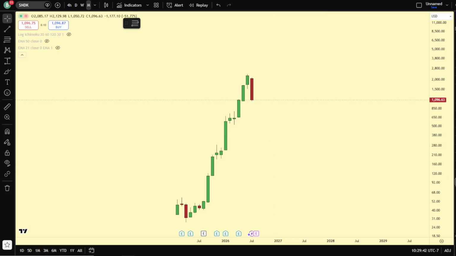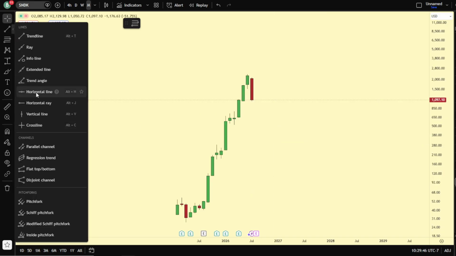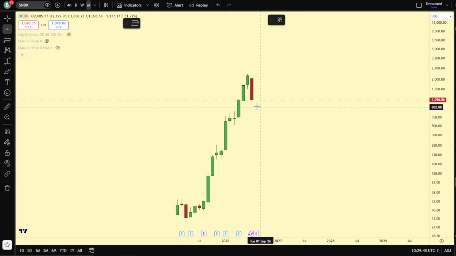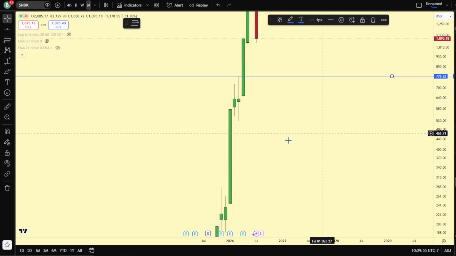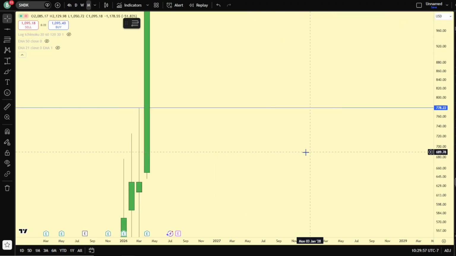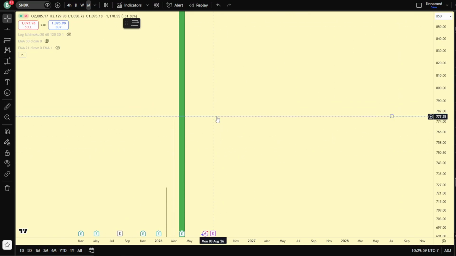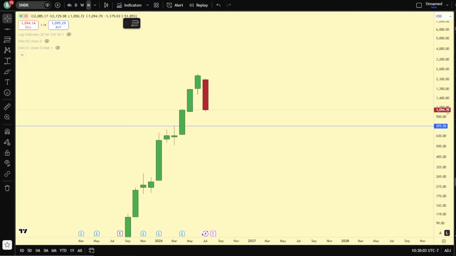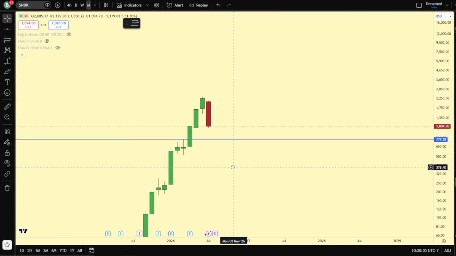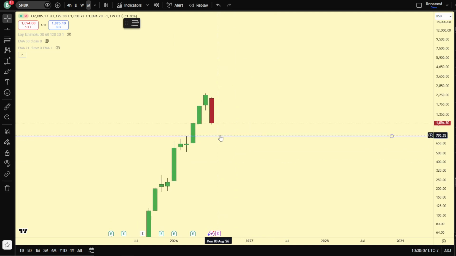All right, so getting into the chart here, the first level I just want to map out on the monthly time frame here is this gap we have. So we've got the gap right here that closes if we get down to about 778 here. I can zoom in to be a little bit more precise, but it looks like it's about 777.75 there is the level on the monthly,